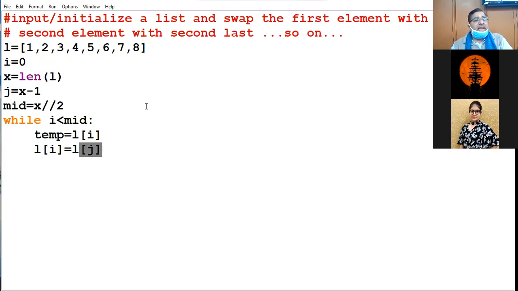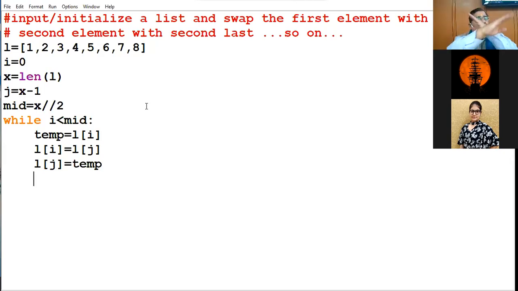What is the value of j? 7. Index. What is L of 7? 8. So now what has gone to L of i? 8. Now L of j is empty. So what will be placed there? Temp. Temp will go in L of j. 1 goes here, 8 comes here. Clear?